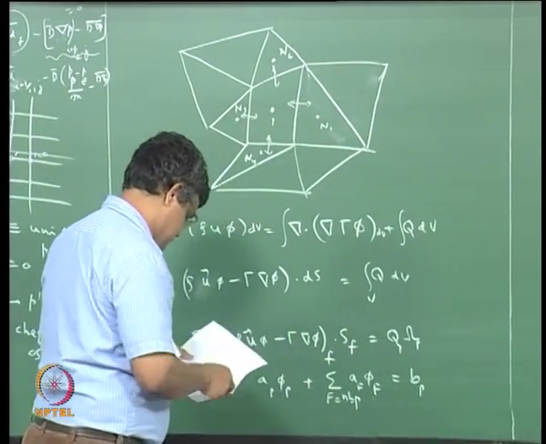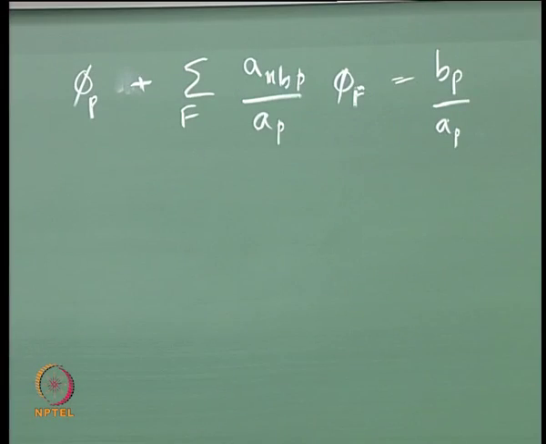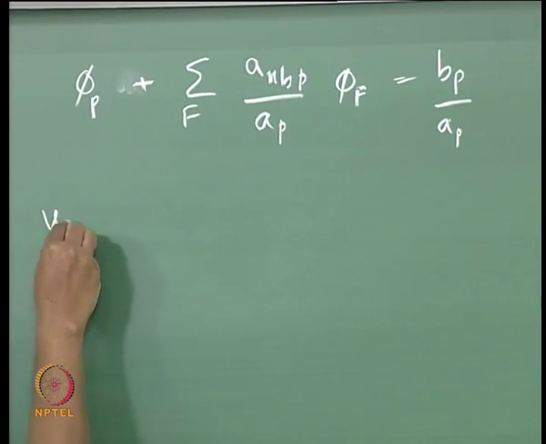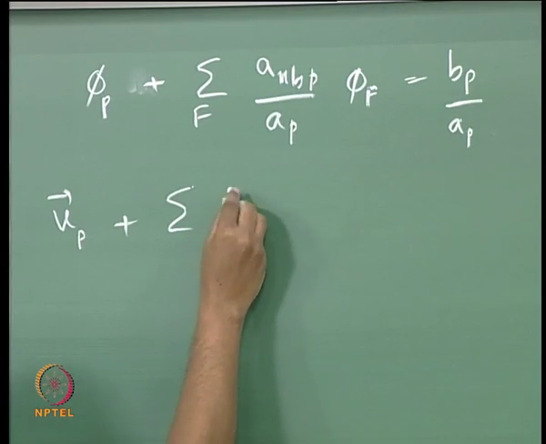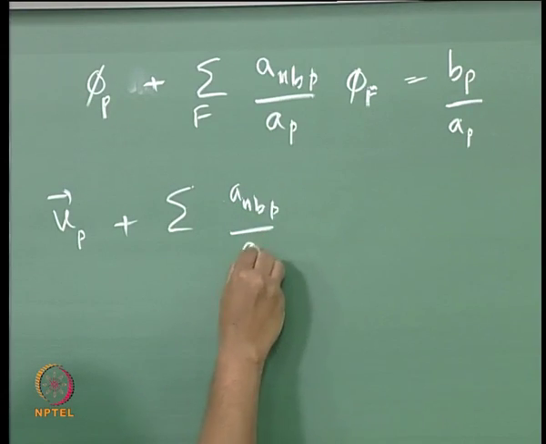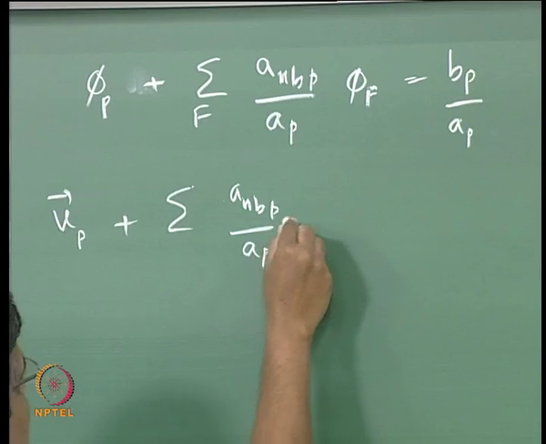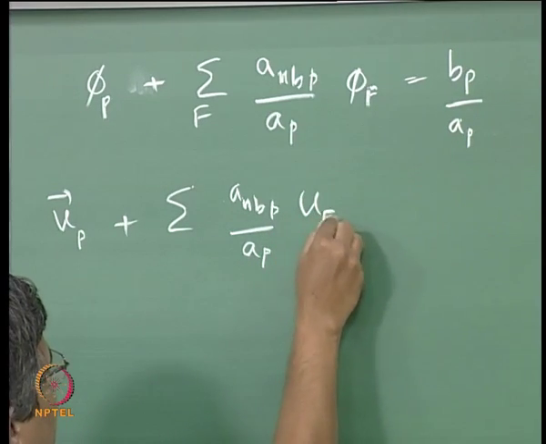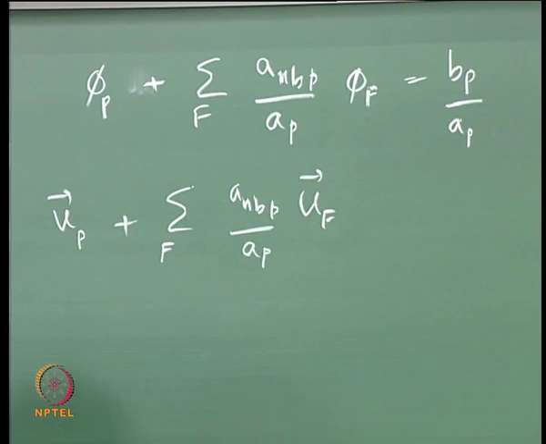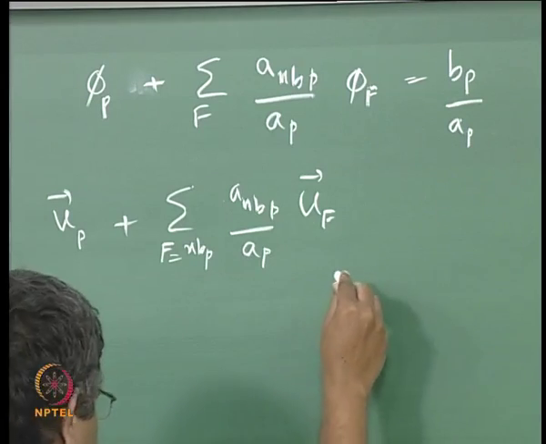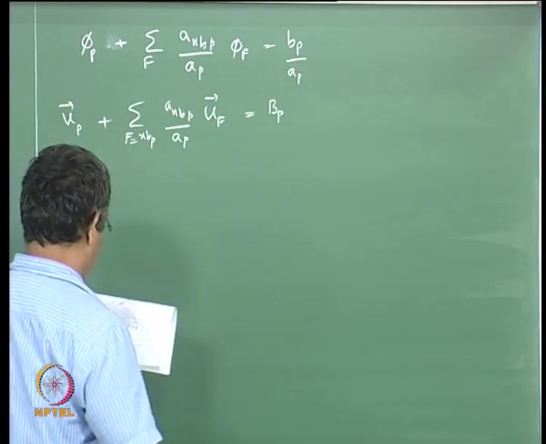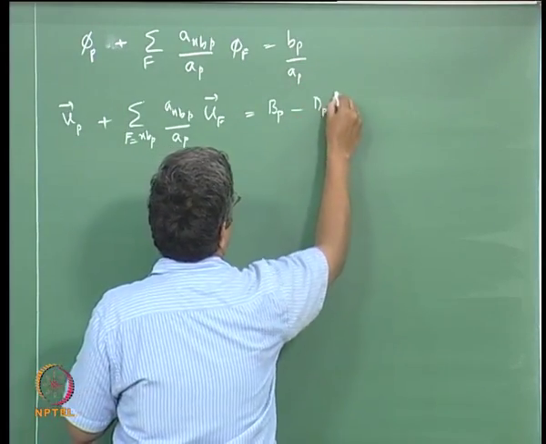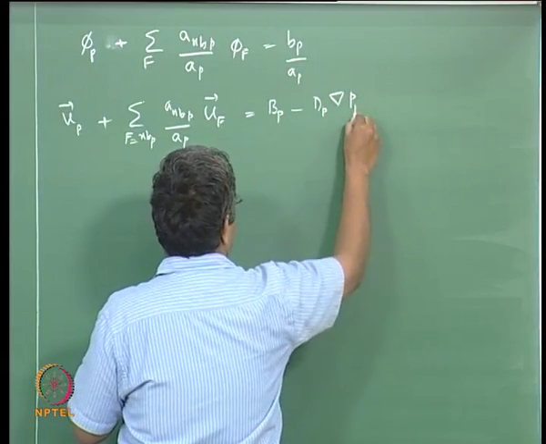So in such a case, we can write UP here plus the sum of AF by AP times UF, over all F which are the neighboring points of P, equal to some BP corresponding to this minus dP times the gradient of P at point P,